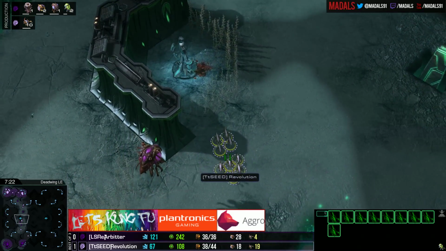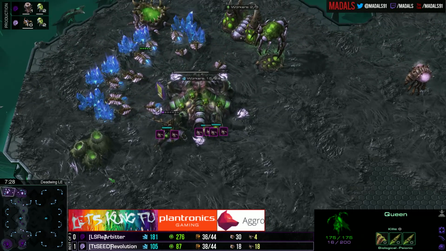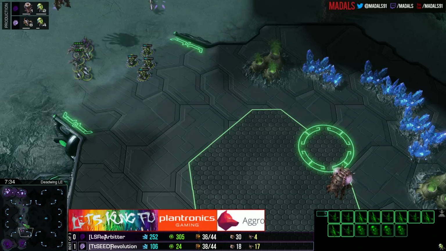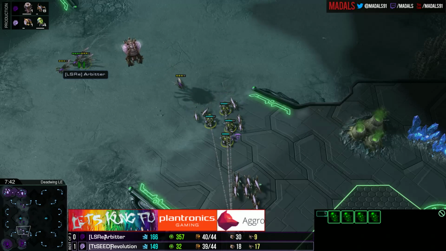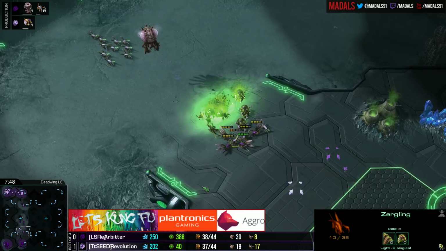Very doubtful that we'll see Revolution really be able to get anything other than spores out to deal with this, which is a bit of a pain for him, but it does mean that Overlords will be sacrificed out on the map. That's if it gets that far. Revolution, Banelings coming on through. Arbiter trying to find somewhere that he can attack. A couple of Banelings of Arbiter coming on through, but they're not going to be able to...